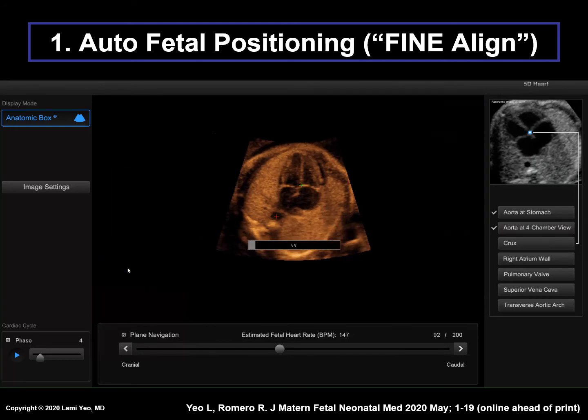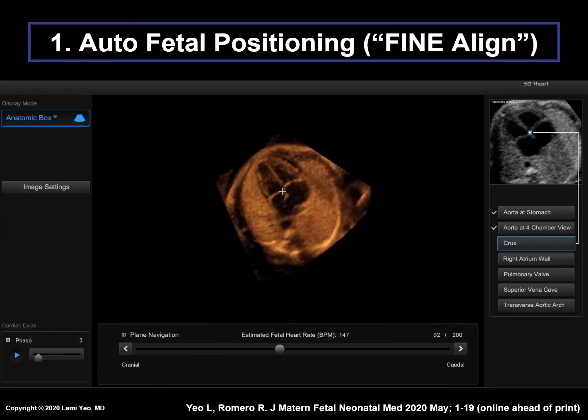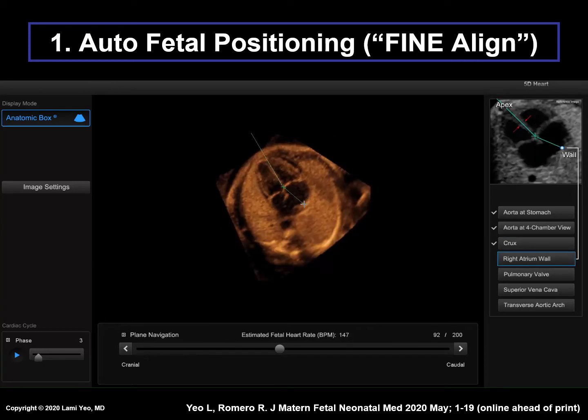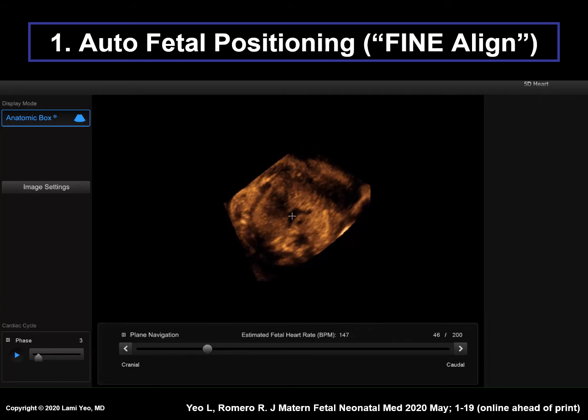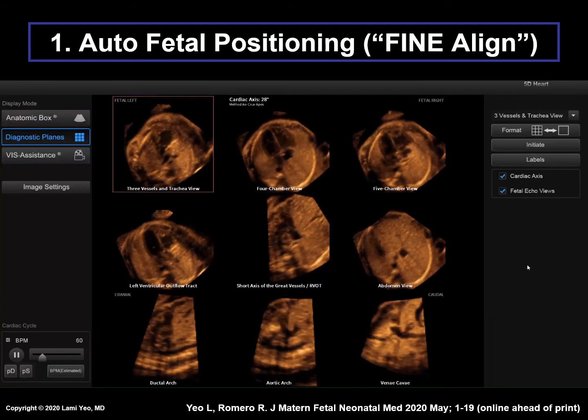After clicking yes, the spine will now be moved to 6 o'clock, and the user is asked to mark the crux again. The marking process continues. Here the pulmonary valve is being marked, superior vena cava, transverse aortic arch. And now the 9 cardiac diagnostic planes are shown in a single template.